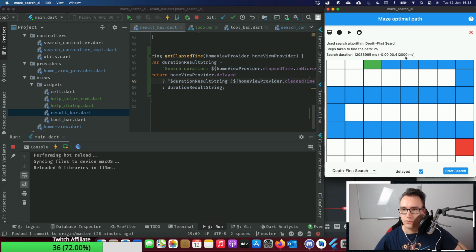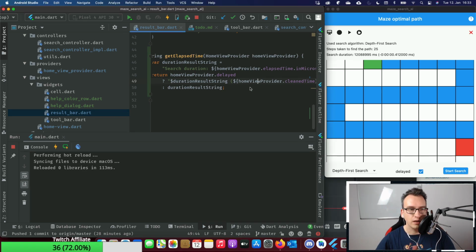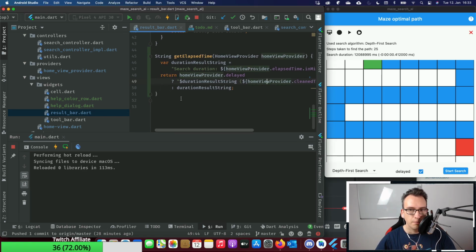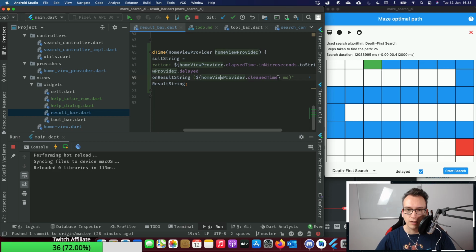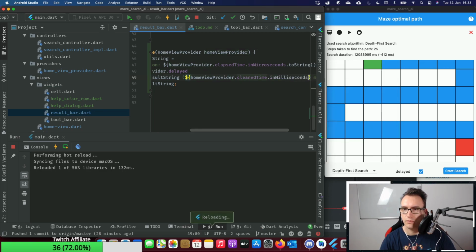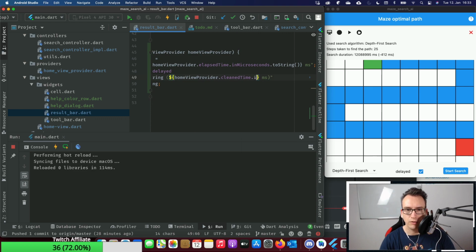So this is of course wrong. Our calculation is wrong because it's negative and that doesn't sound right. Did I do something here? A second. In milliseconds, 412. And by the way, these are microseconds, right?